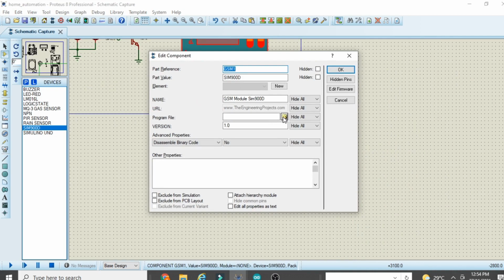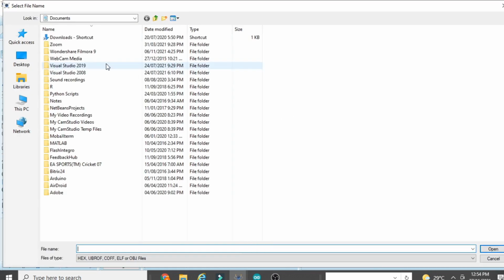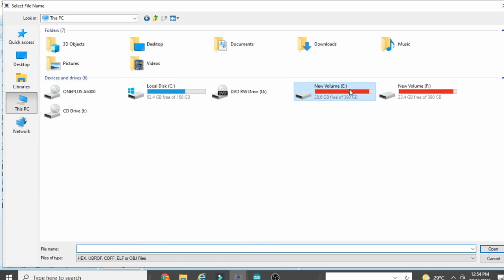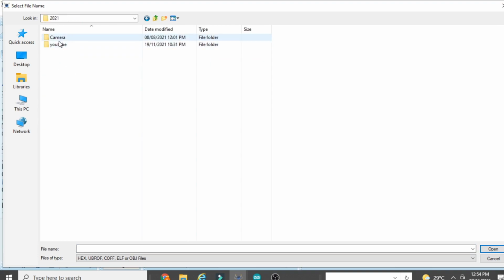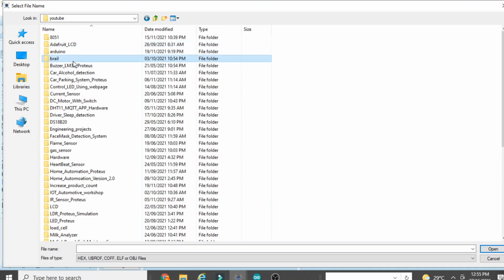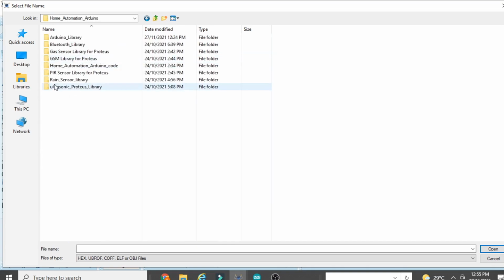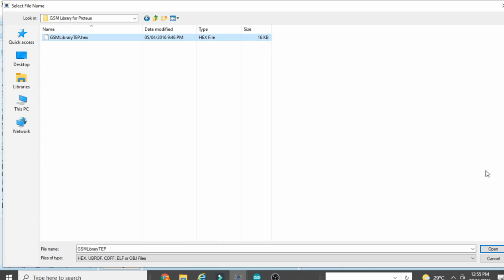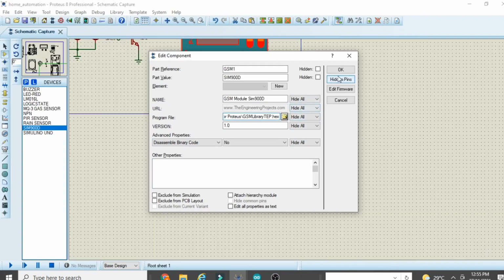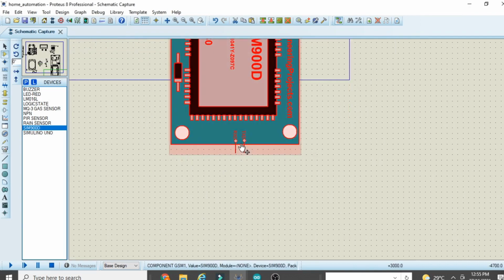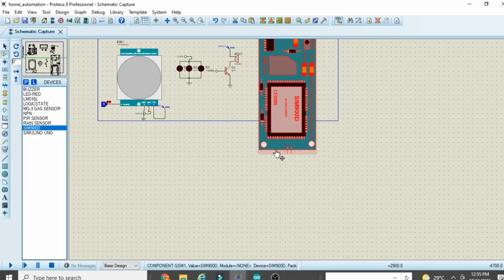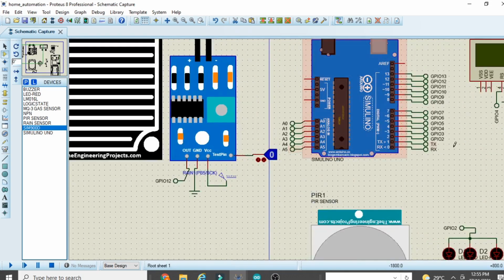First you have to load the X file. So go to program files and go to your folder. Then click on the GSM X file and click on OK and click on OK here. Now RX pin of the GSM should be connected to TX pin of Arduino.